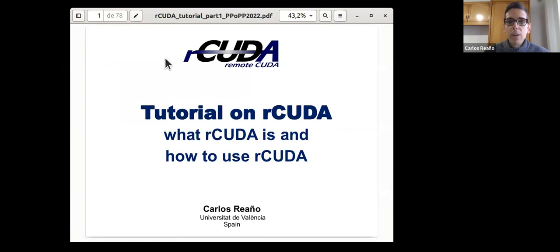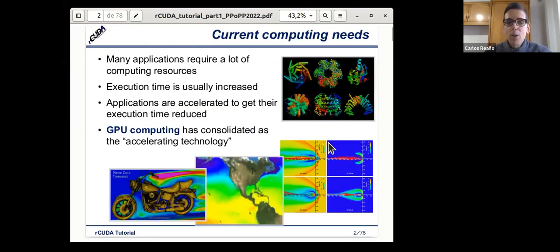Okay, so what is actually rCUDA or Remote CUDA, and how to use rCUDA? We will see the basics of rCUDA during this talk, and we will also see some measurements in terms of performance. As you probably know, currently we need a lot of computation power in order to make applications run. This applies to applications doing, for instance, DNA sequencing, fluid dynamics, weather forecasting.